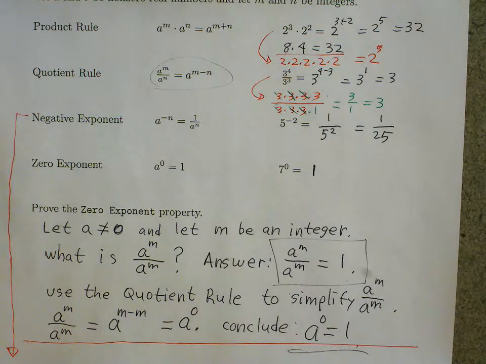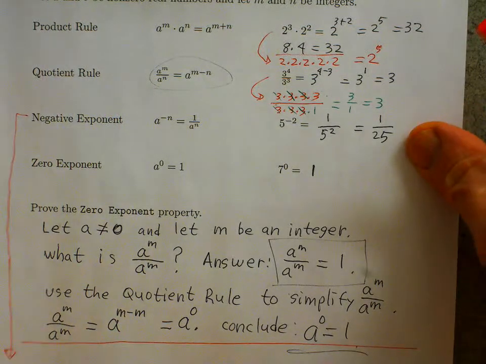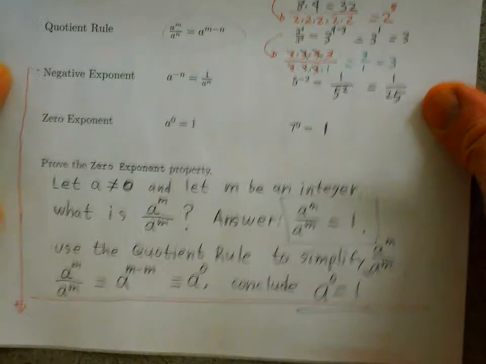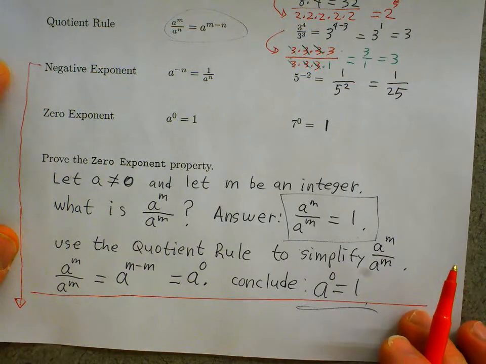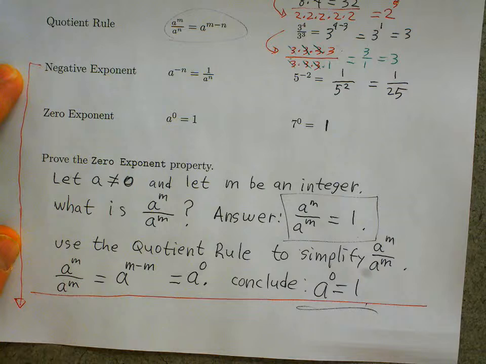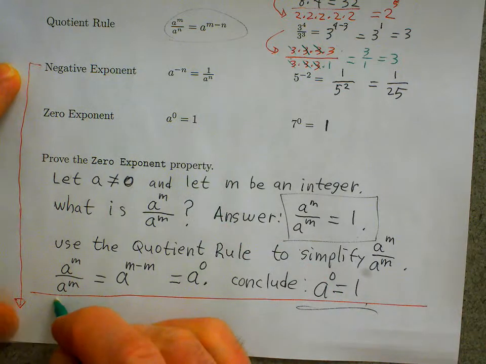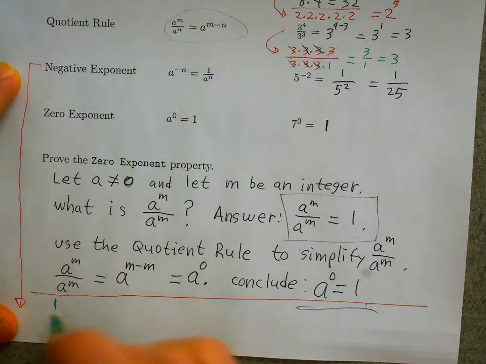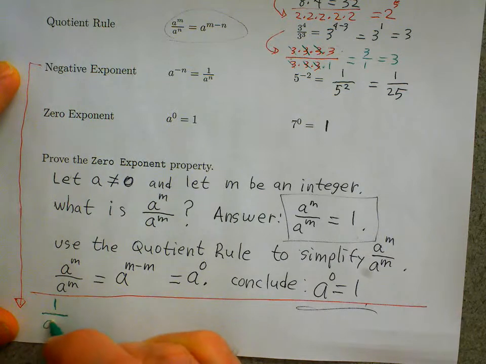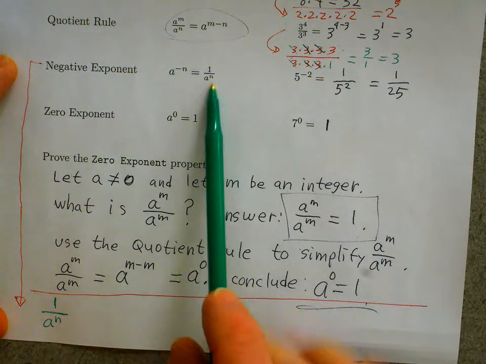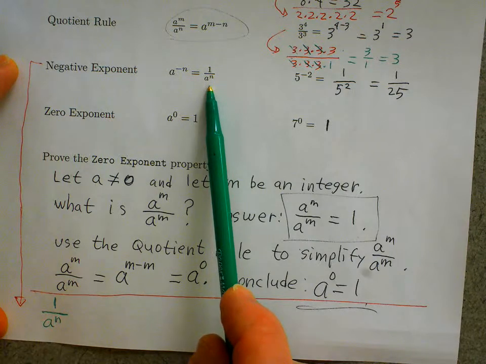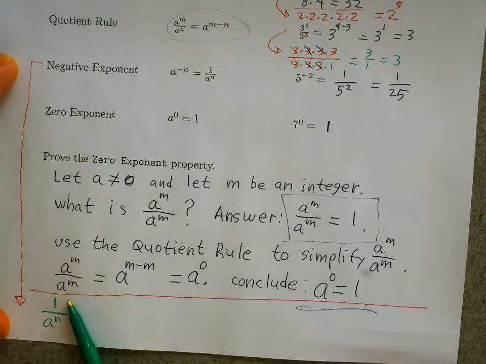If I start with 1 over a to the n, so I'm starting with the right side of the negative exponent property. So 1 over a to the n